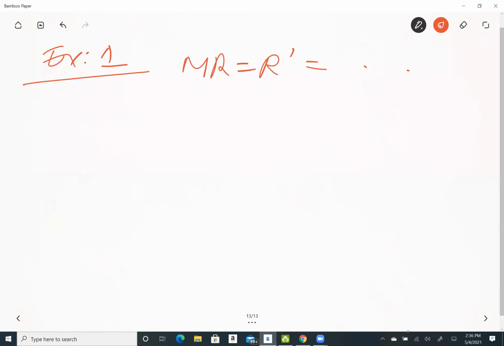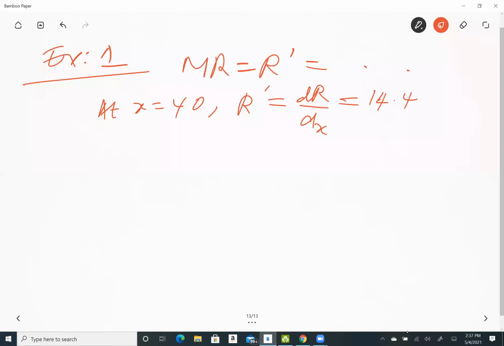You can determine the marginal revenue at a particular point. If you go to that example, I just follow the book. Now at x equal to 40, you can see here the marginal revenue, R prime, equal to dR/dx, equal to